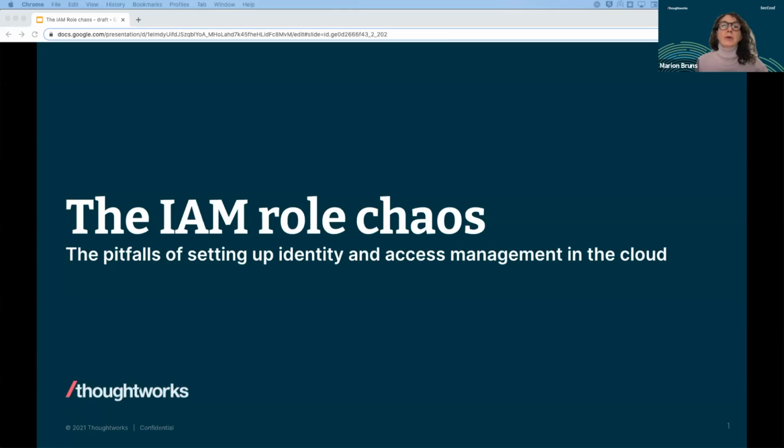You may lose complete control over who can access what in your systems or in the cloud. We all know the question, which role is needed to access X, Y, Z, right? That sounds familiar.